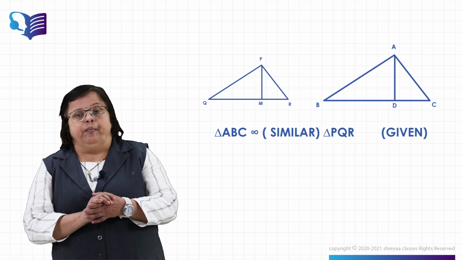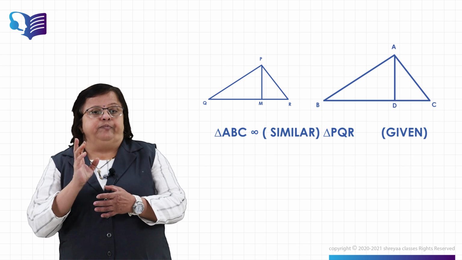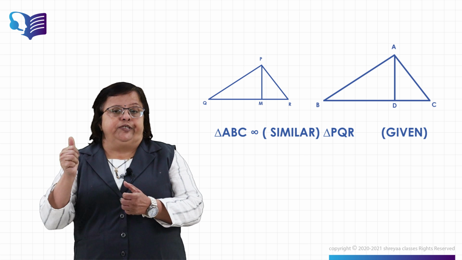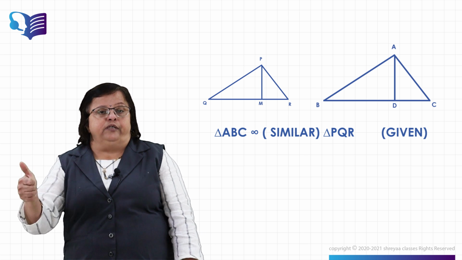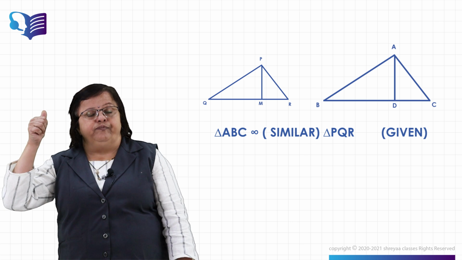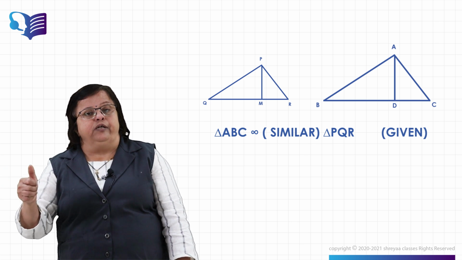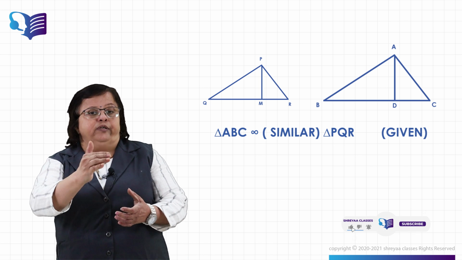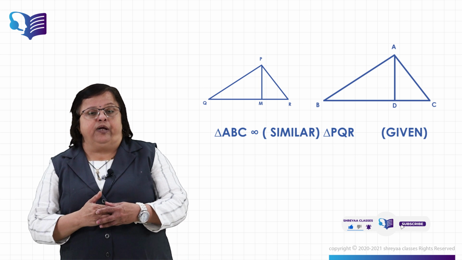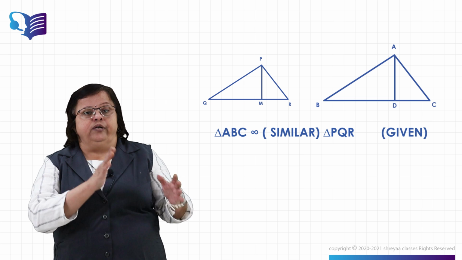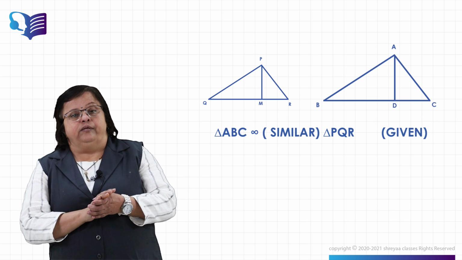Very easy. There are three steps you have to remember in this theorem. First, two triangles are similar, that is given. Therefore, you can find out their corresponding sides proportional and corresponding angles congruent. Then you can write the formula for areas of triangle for the two, and then you can take the ratios. You will get the answer.